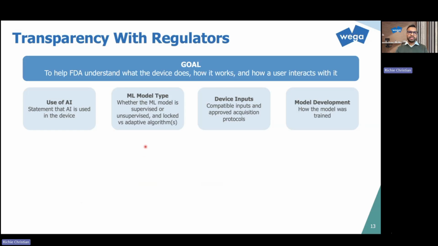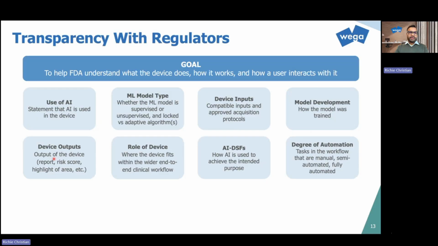Is it classification, segmentation? This really helps the FDA understand your ML model and what it's supposed to do. Device inputs are super important because machine learning models work on data, and so having the right data to go into the model is super important. So what are the compatible inputs, model development, how it was trained, and of course, they care about device outputs,